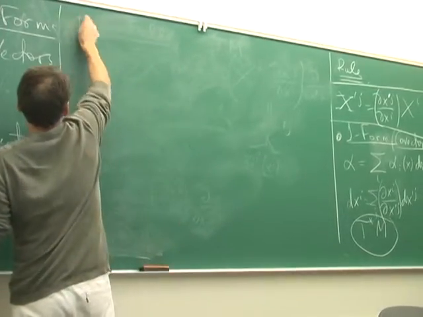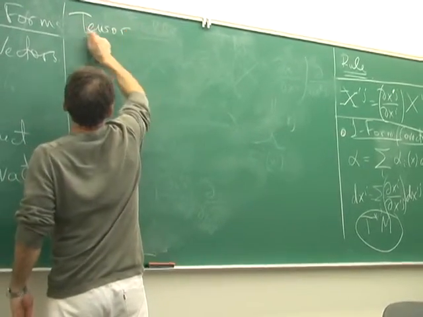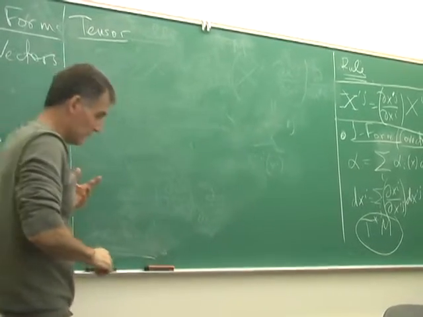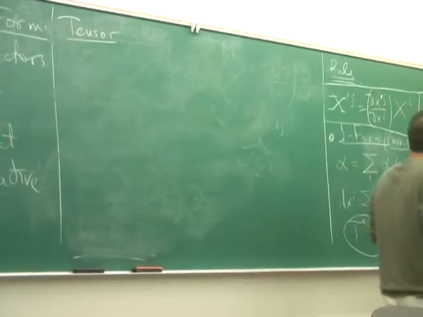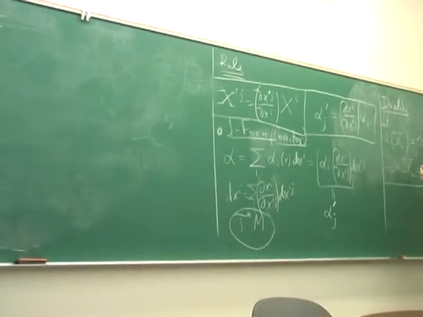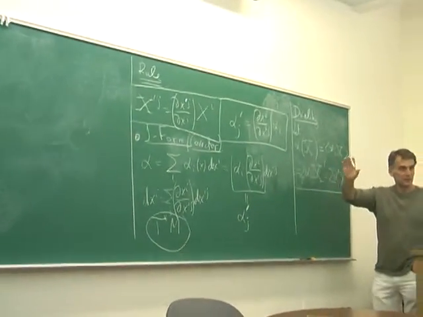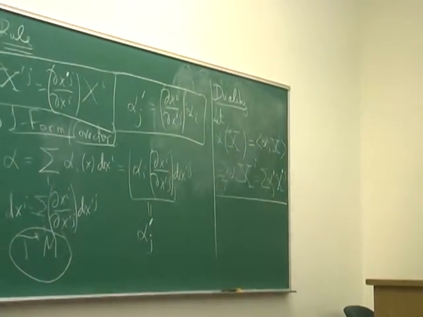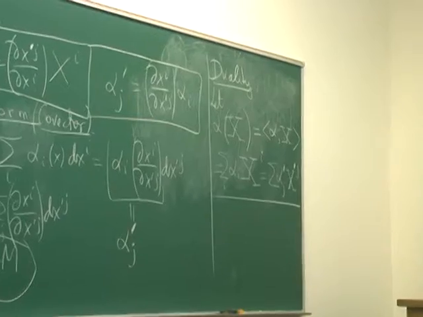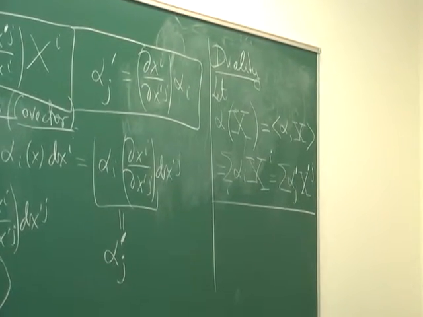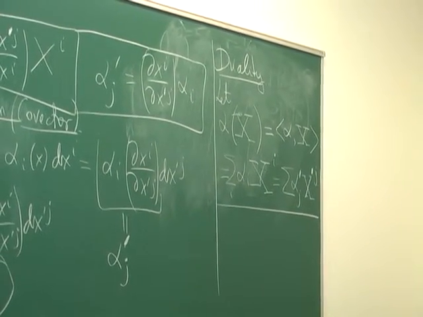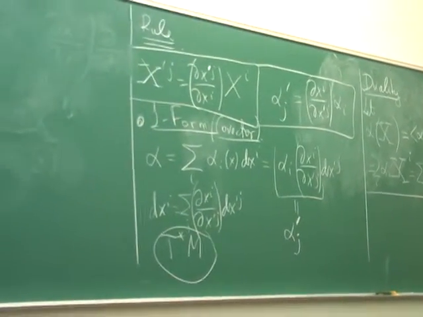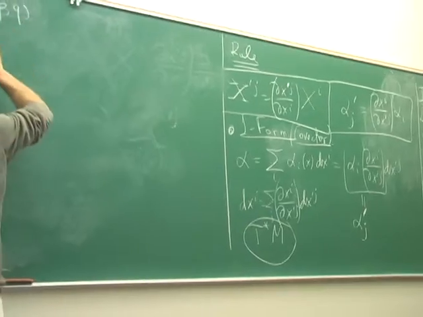So what is it? A tensor. Well, a tensor is a multilinear map on these vectors, on covectors. But I'm not going to write it with all generality. I just write the components. A tensor is something that will have, let's say a tensor of type (P, Q) will have